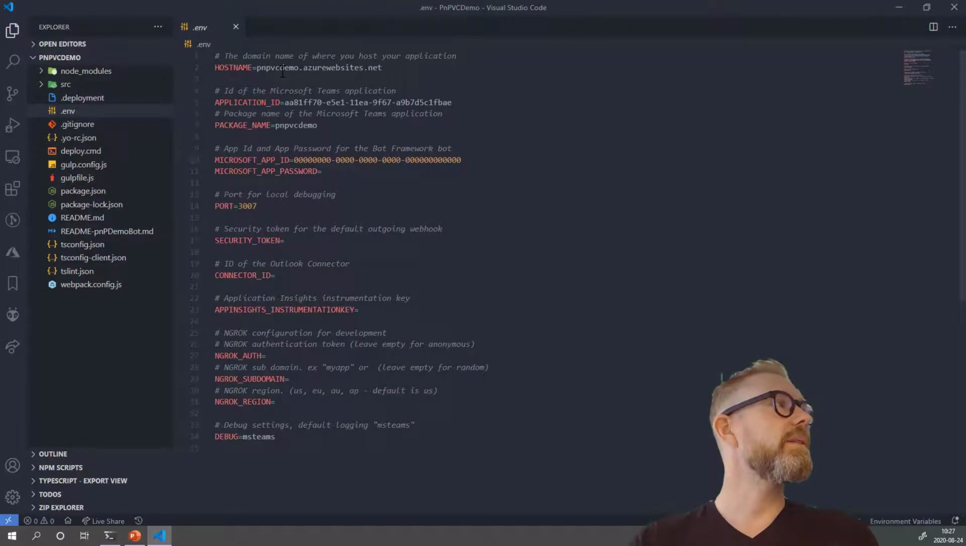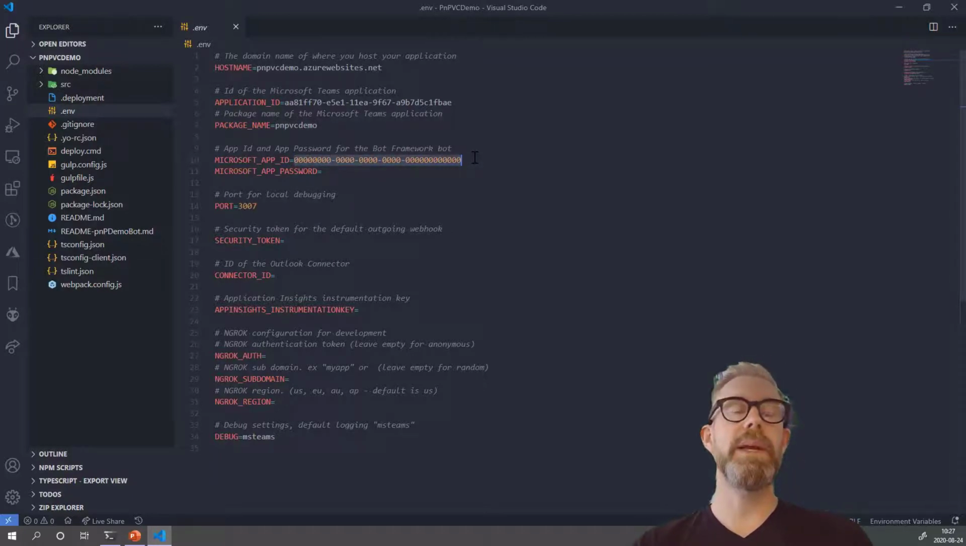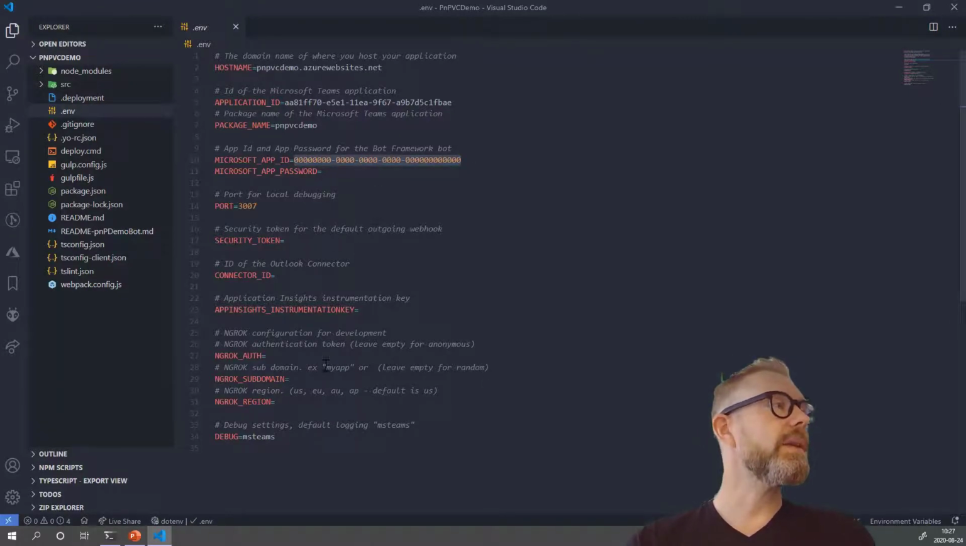And this .env file contains the host name you need for the application. If you want to change that one, it contains your specific application ID, the name of the package, remember the bot we created. We have the bot ID here, so here's where I go and paste my real bot ID once I registered in Azure portal. There's some other things in here that we haven't configured for this application, but I'd recommend you